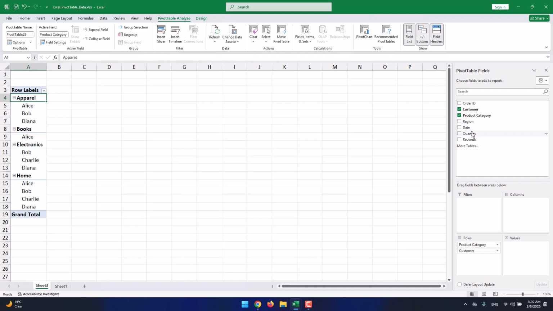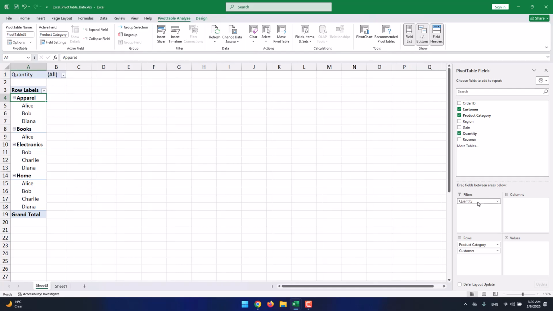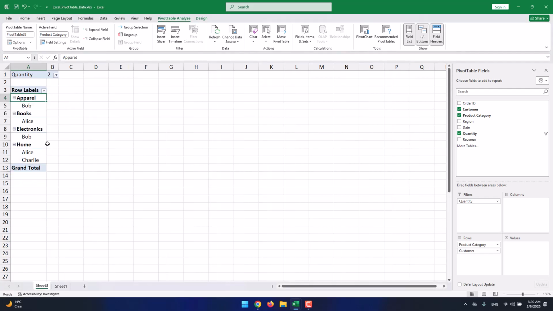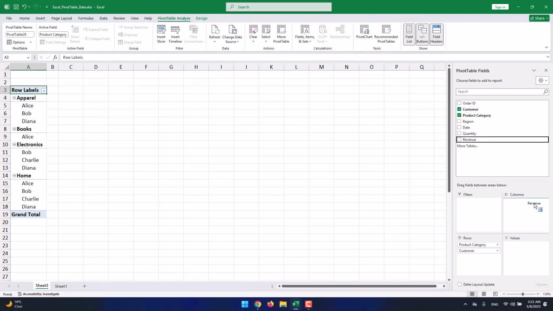And then I can add something to filters. So I say quantity. And then if I open this up and I say quantity 2, okay, only the customers who have had purchases with the quantity of 2 will be visible. You know what I'm saying? So these are filters. I remove it. We have columns as well as rows. So I say the revenue, for example,